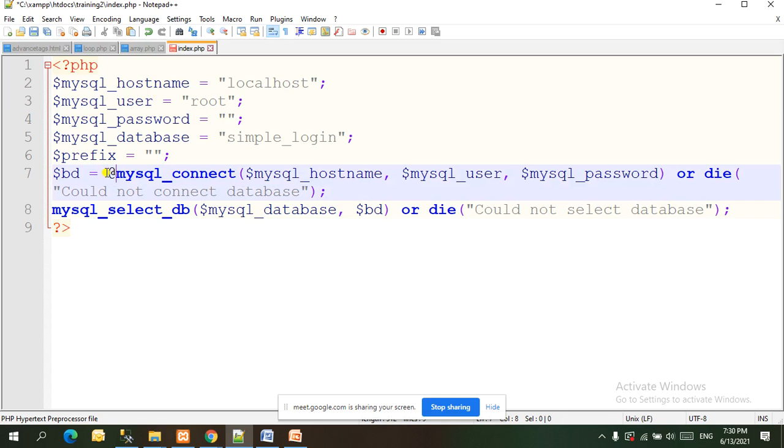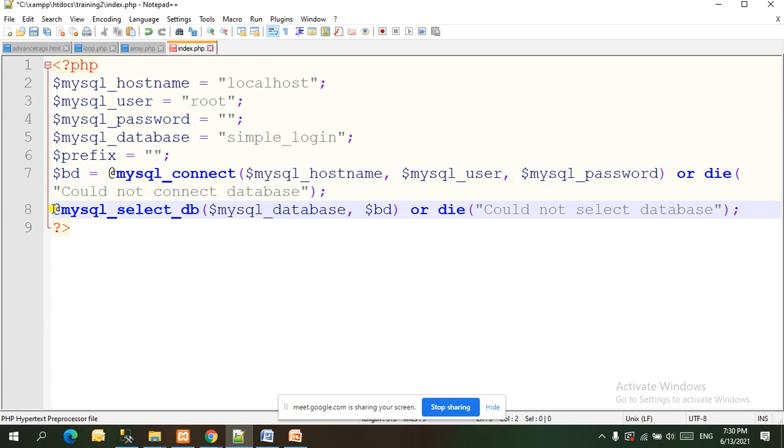Okay, and we have used the function mysql_connect, and mysql_connect is a bit of an old function. Now generally you will find that we are using mysqli, not mysql, and if I use this symbol, then the latest version is going to understand it. Okay, fine. So let's try here, guys.